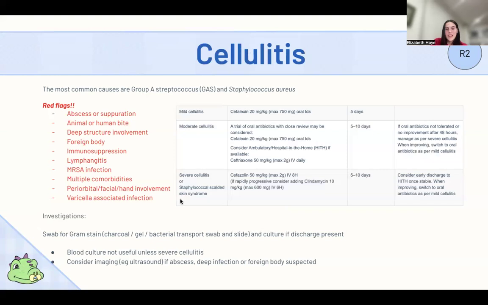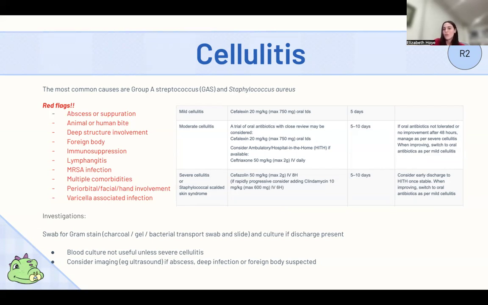Next is cellulitis. So I think the important ones to remember for pediatrics is periorbital cellulitis and orbital cellulitis, which is covered in a different lecture, a different part of the matrix. But I'll give you the general information about pediatric cellulitis. So the most common causes are the classic things that affect, so it's group A strep and Staph aureus, but